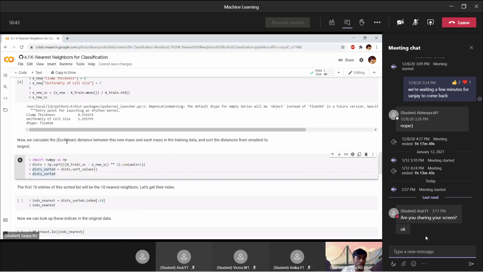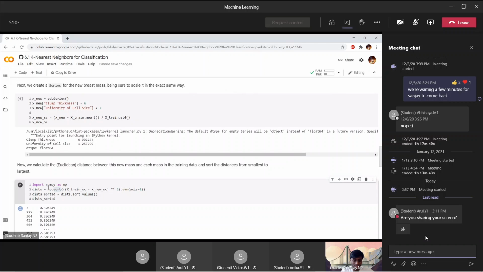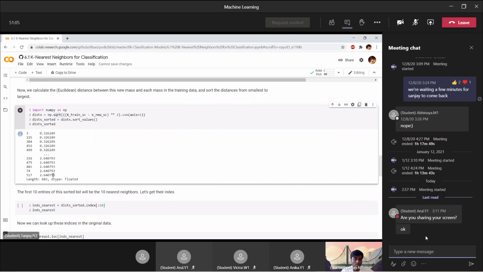So now let's calculate the Euclidean distance between the new mass and each mass in the training data set and sort the distances from smallest to largest. We're basically going to use NumPy to do that. Remember, NumPy can perform operations on entire lists of data rather than just on a single number. So we're going to use that to create a sorted list of information. And as you can see,